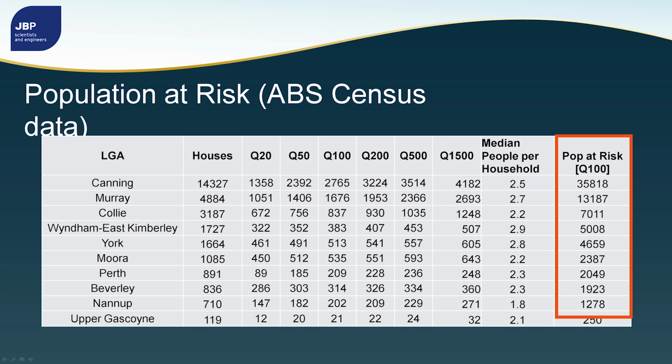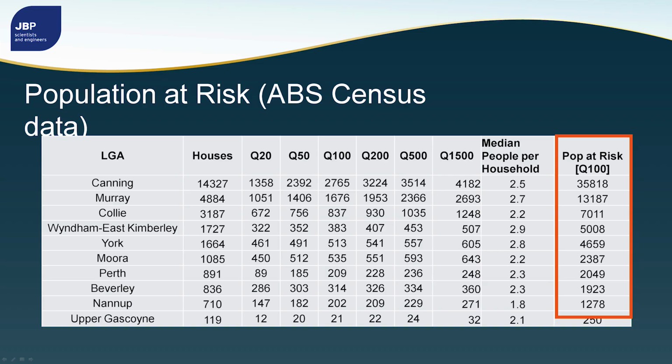And what you can get out of that is every single LGA will have the median number of people per household. So you can go through and multiply your median number of people by the number of homes you have, and you can come out with a kind of, again, statistic, what's the population at risk, and you can be plotting that up. So you can see when we do it with Canning, this is kind of a combined risk